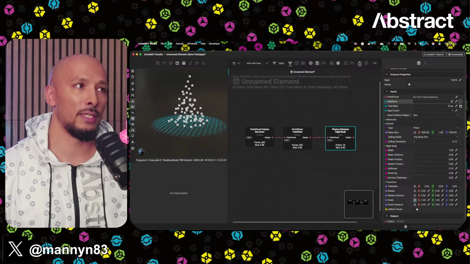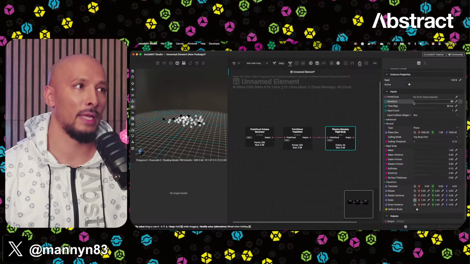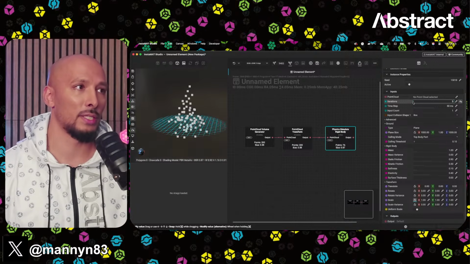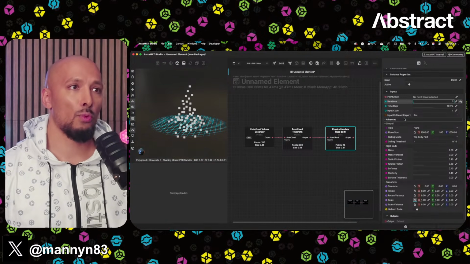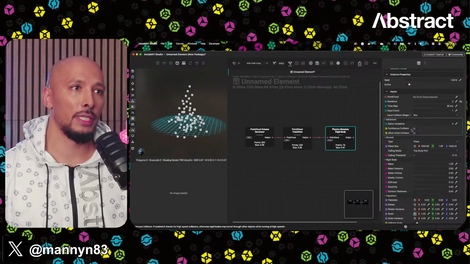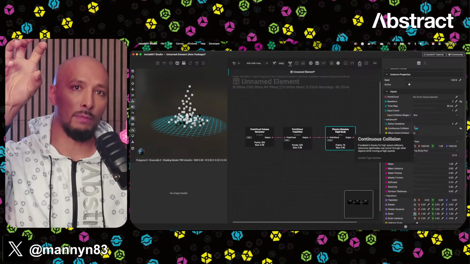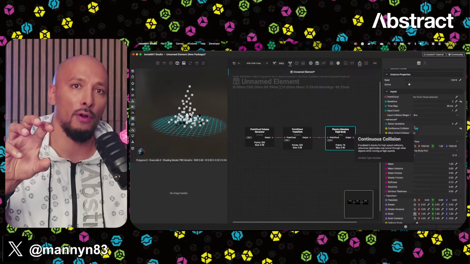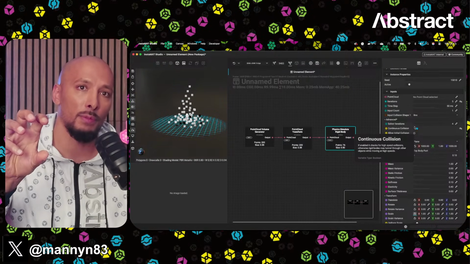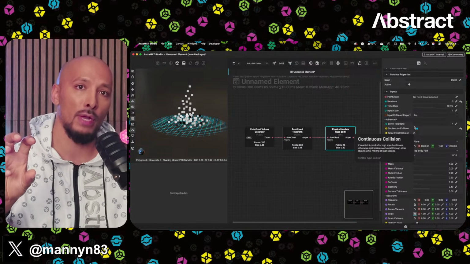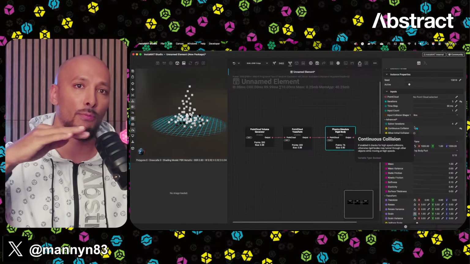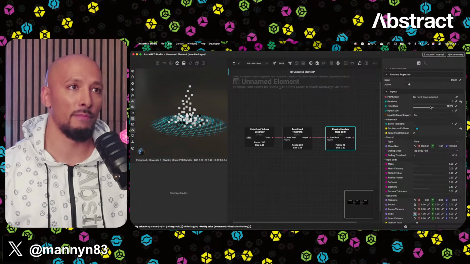So let's reset it here and let's go back to 50 milliseconds. And then if we simulate this, you can see how those guys are just falling through the ground right here. And to fix this, there's another way that you can use, and that's called continuous collision. So if we use continuous collision here, what it does is when it moves from step 3 to step 4, it doesn't just move the position of the body, it actually tries to raycast or sweep between step 3 and 4, and then it will recognize if there's a collision that it would have missed as part of the time